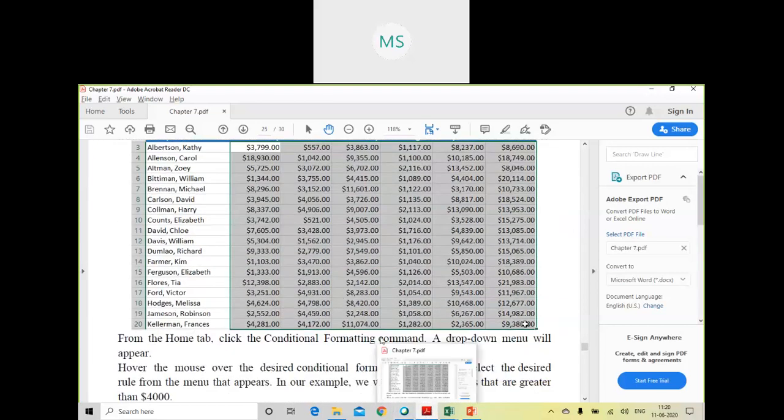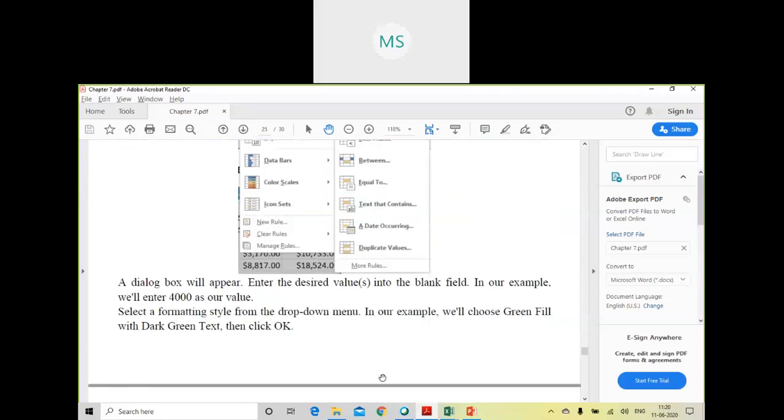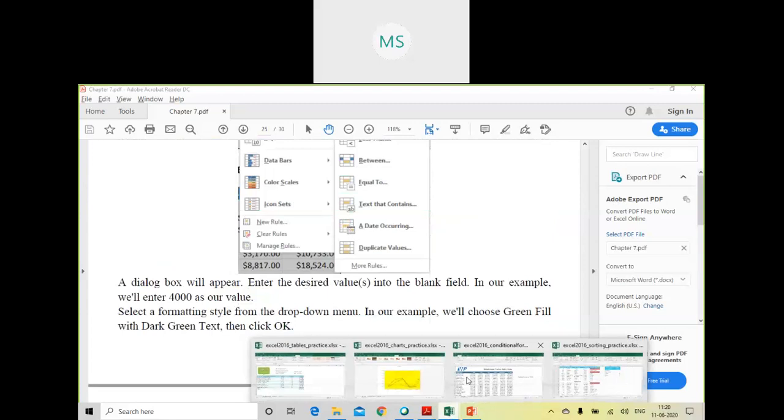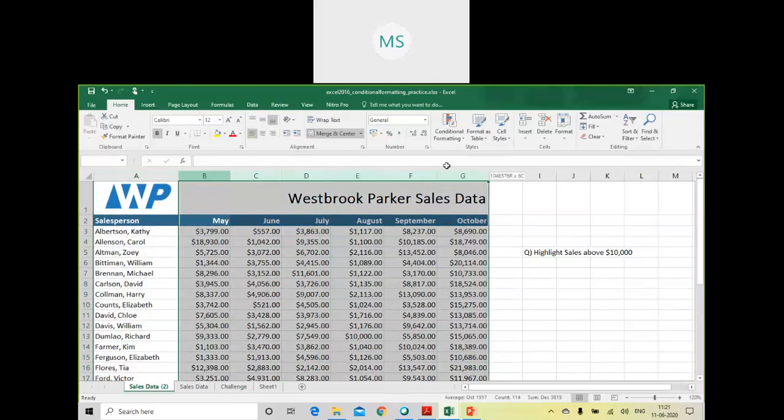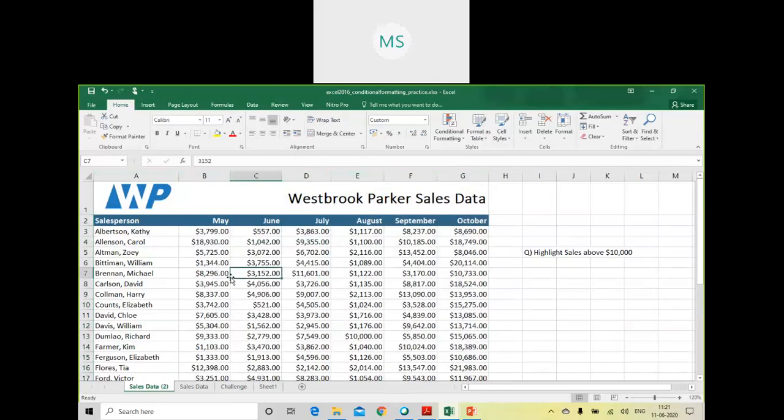Okay, I would like to show you one example here. We'll go to our worksheet. Here in my Excel worksheet, I can see that this is the active sheet. Now it consists of sales data, where column A consists of information on salespersons, meaning names of salespersons. Then columns B, C, D to G consist of their sales data for months like May, June, July, August, September, October. Now, if in this case I want to know